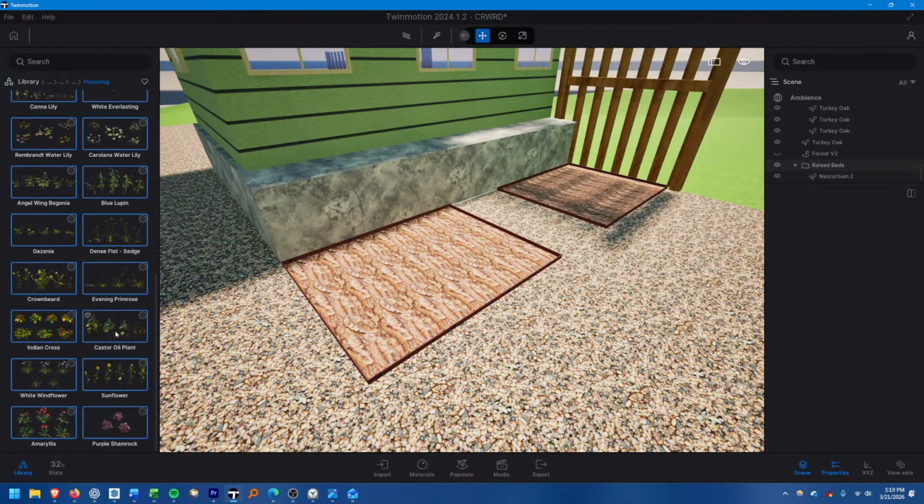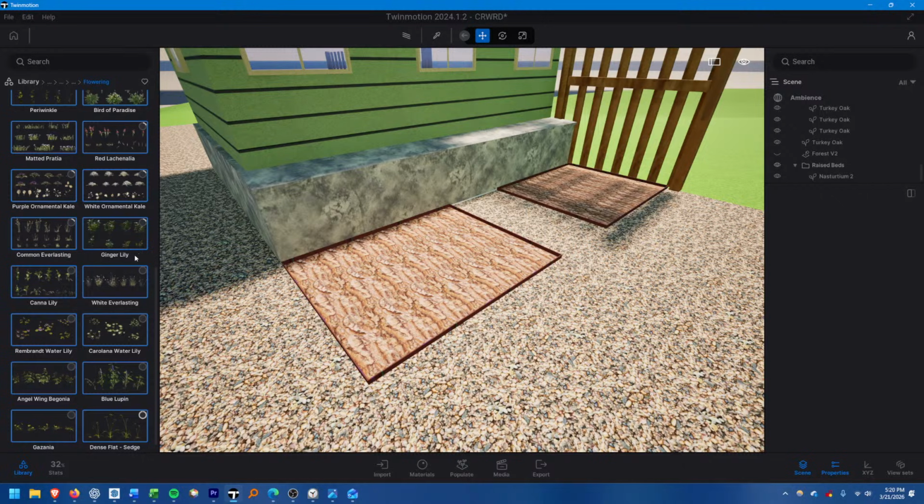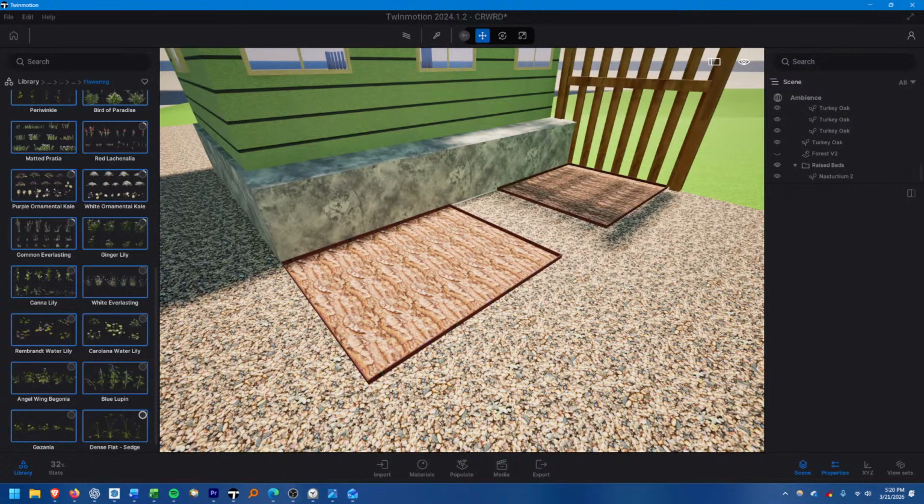It's ironic they actually have castor oil plant. This is the bean that is responsible for the ricin poison. So it's kind of funny they have it here. You know, it's like if you want to design your little James Bond poison garden. But we're not going to be doing any of that. We're going to be looking at more edible arrangements. So I have some of those plants downloading, but what we want is